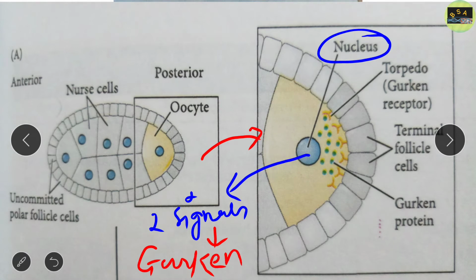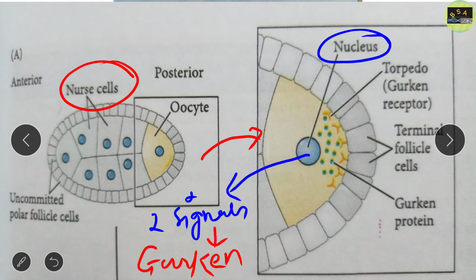That gene is gherkin. Clear? So remember this point, and this signal is basically established from the oocyte nucleus. Now, the gherkin message appears to be synthesized in the nerve cells. These are the nerve cells. Clear? So it appears to be synthesized in the nerve cells, but is transported into the oocyte.